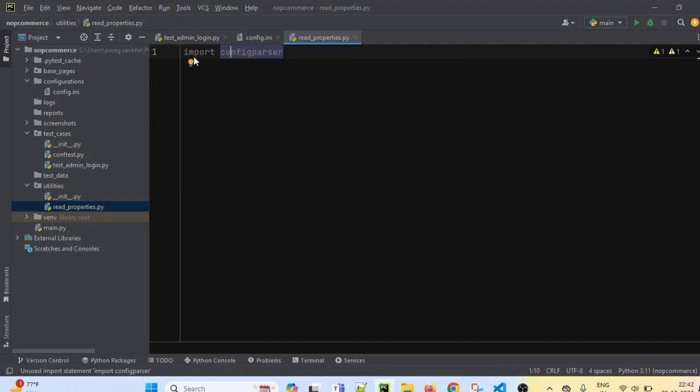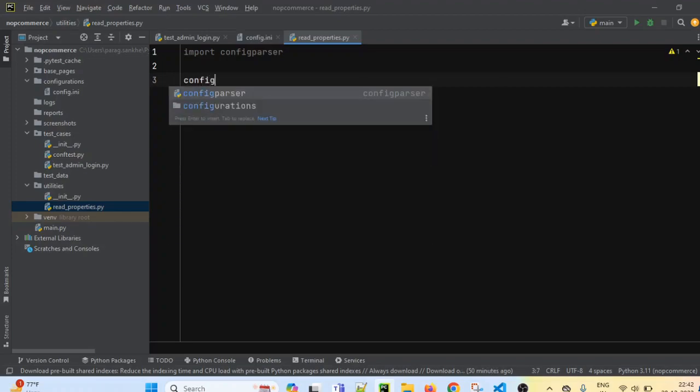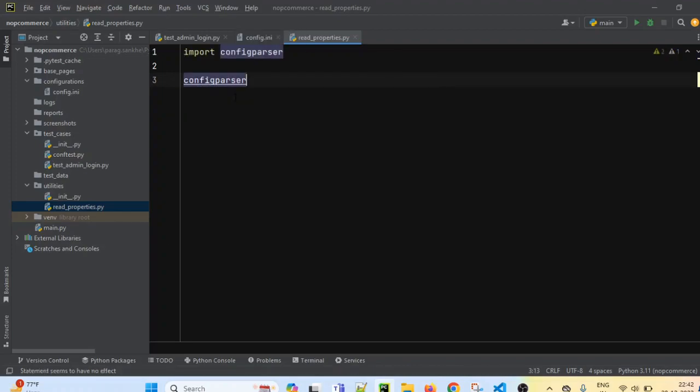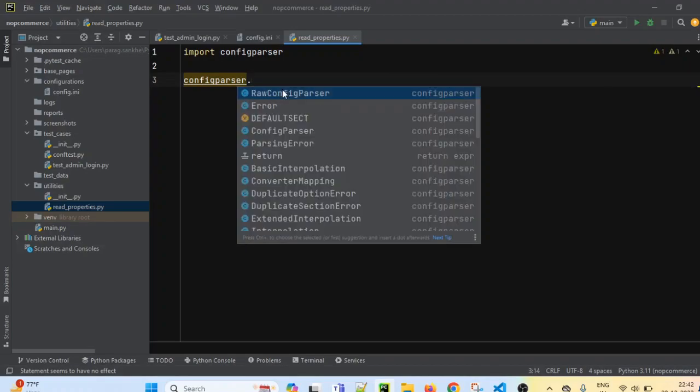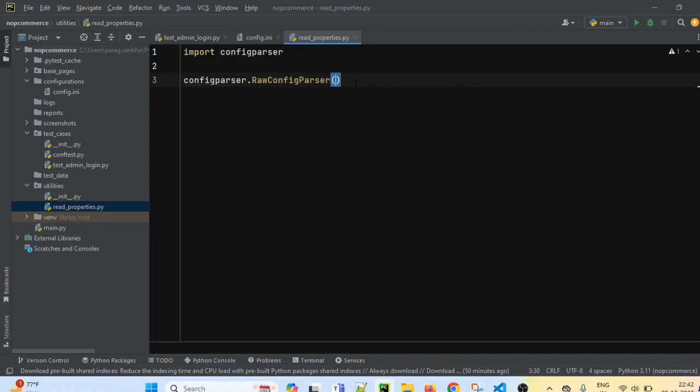So we first import configparser. Then, by using the configparser class, we have to use one method, that is RawConfigParser. We create one object, let's say config equals configparser.RawConfigParser.